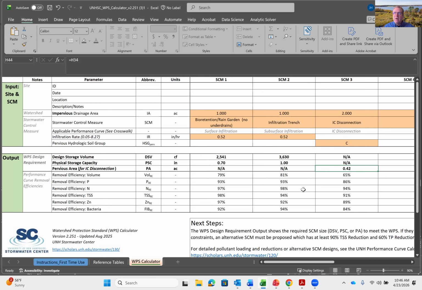If you do have concentrated flow and you're distributing it to a pervious area, in this case, like 0.4 acres of pervious area, you're going to need some type of level spreader or something like that to redistribute it into sheet flow. So the expectation for using impervious cover disconnection is that you have sheet flow. So certainly for rooftop disconnection, this is very applicable.